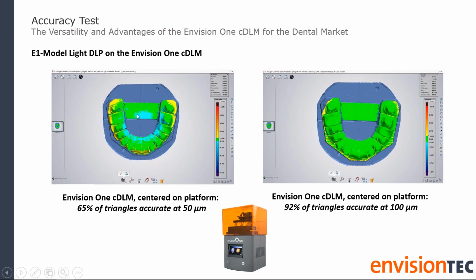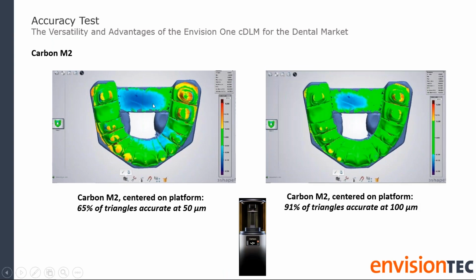Now, if we look at the 50 micron scan, we can see that it's just shy. You can see the baby blue here. Now, we do expect at least a 50 micron deviation in some areas. But if we look at this 100 micron scan, we can see that at 100 microns, we are well within the target. And here on the Carbon M2 at 50 microns, we can definitely see that there's some more deviation